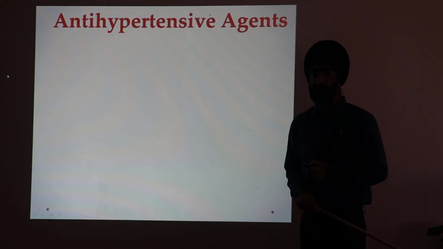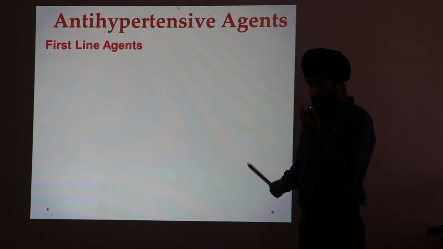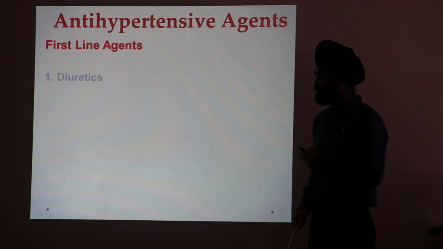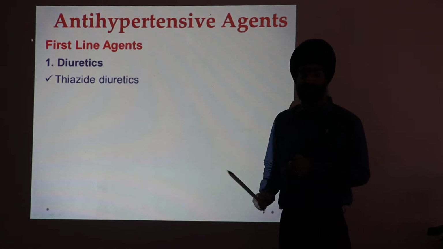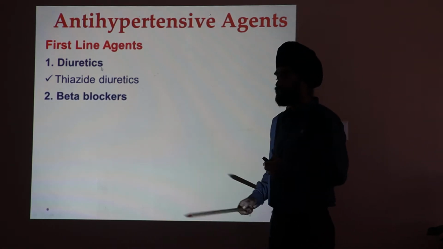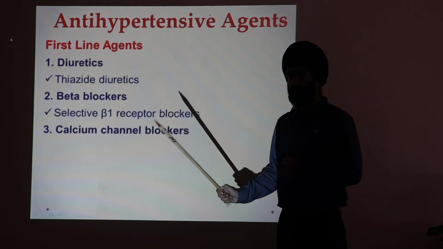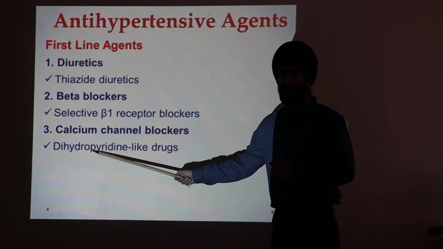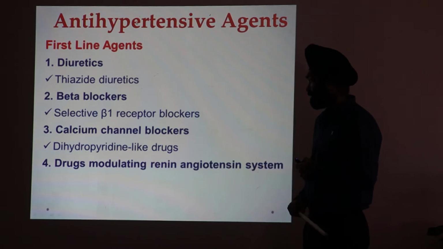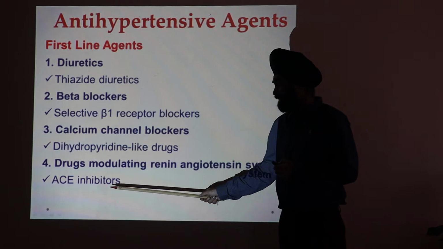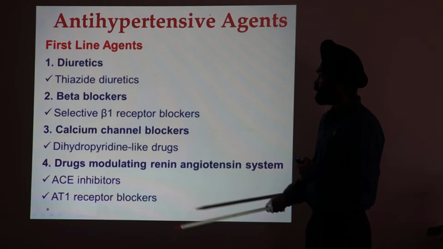So coming down to the antihypertensive agents. In today's lecture I will discuss the first line agents, and we have 4 drugs in this category. First is the diuretics, in which the thiazide diuretics are preferred. Then we have the beta blockers, in which we use selective beta 1 blockers. We have calcium channel blockers, in which we prefer dihydropyridine-like drugs. Then we have the drugs that modulate the renin-angiotensin system, in which we have 3 categories: ACE inhibitors, AT1 receptor antagonists, and direct renin inhibitors. So first of all, I will go for the